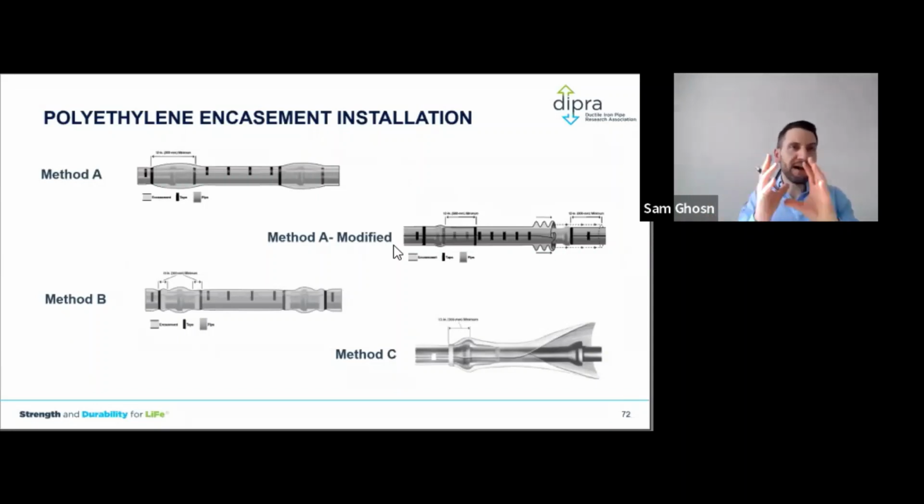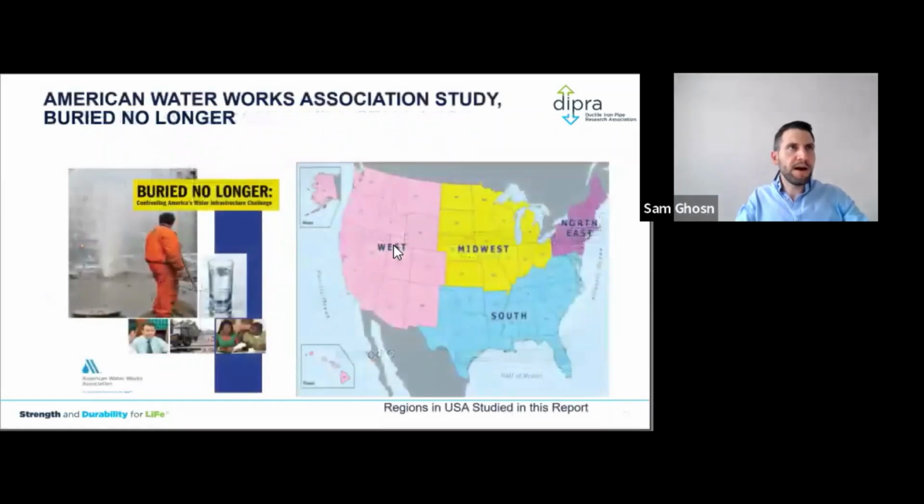Basically, we put a bag on the pipe, we tape it every 2 feet, so the pipe is snugly installed around the pipe. We make up the joint, and then we overlap the polyethylene encasement on the joint, and then we tape it again. So basically, we're creating a seal around the pipe. It's not watertight, like I said, but we're trying to create a homogeneous electrolyte around that pipe and a dielectric barrier between the soil and the pipe.